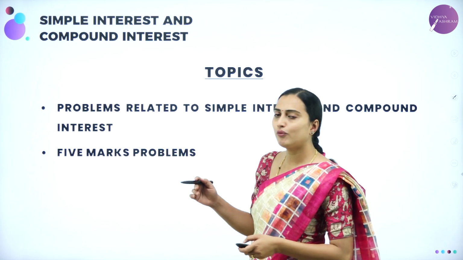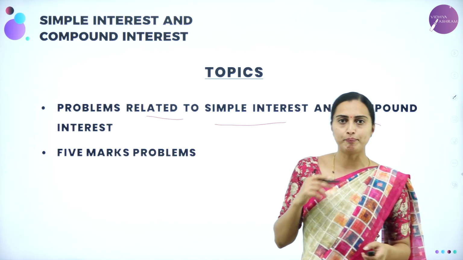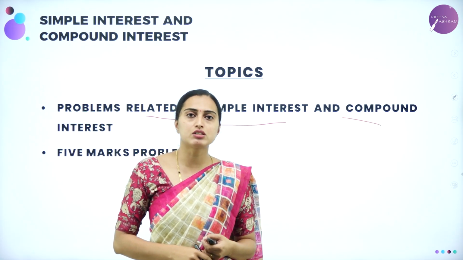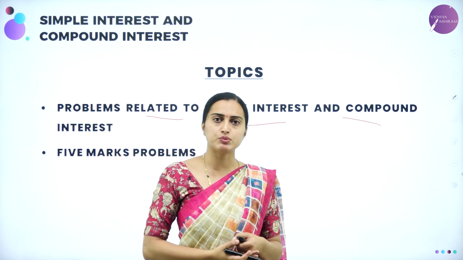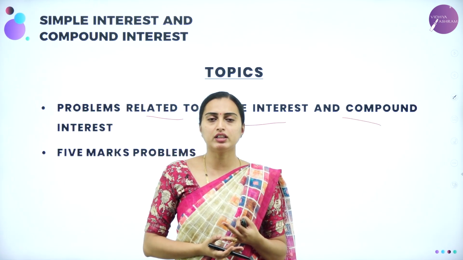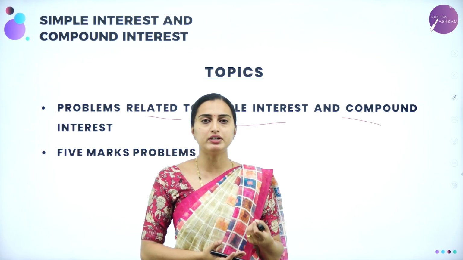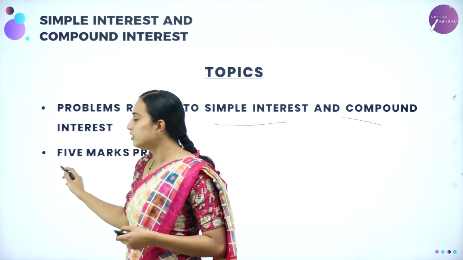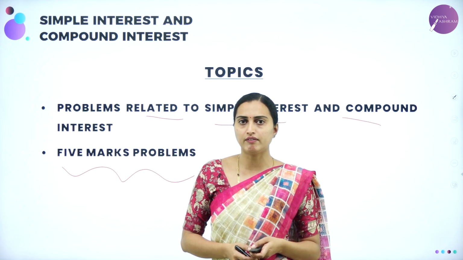We are going to solve the problems related to simple interest and compound interest. Okay, that means they can ask you to find out the profit, they can ask you to find out the loss, or only to calculate the simple interest as well as the compound interest. If it is borrowed, you need to think according to the question what they have asked, and write which is simple interest and which is compound interest. And in this session especially we are going to have the 5 marker problems. Okay, we'll move on to the problems.